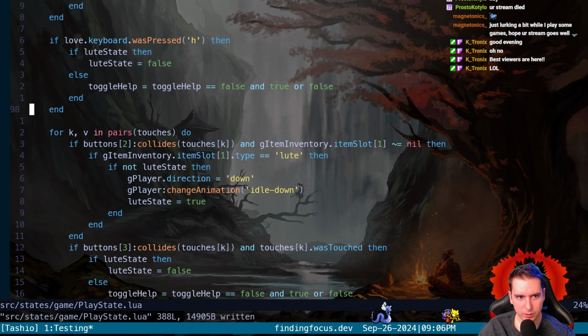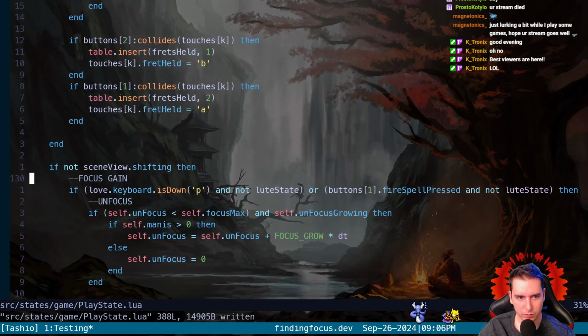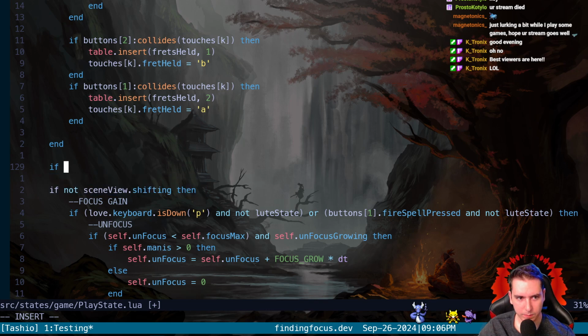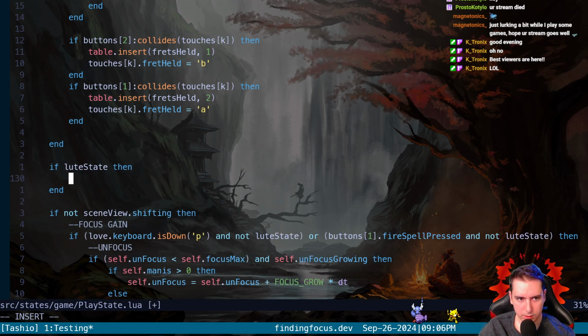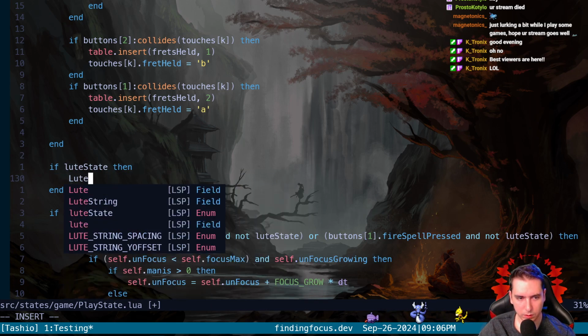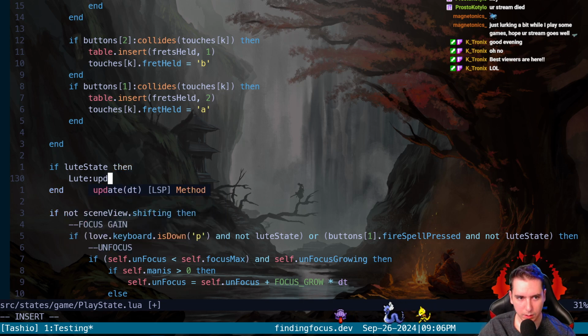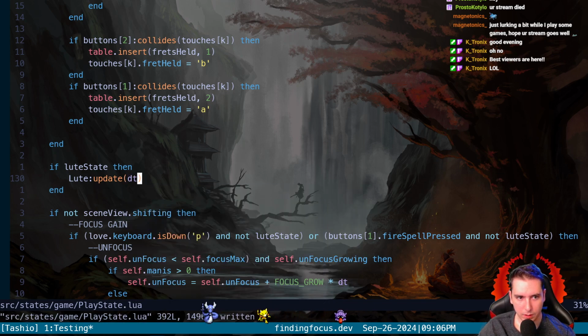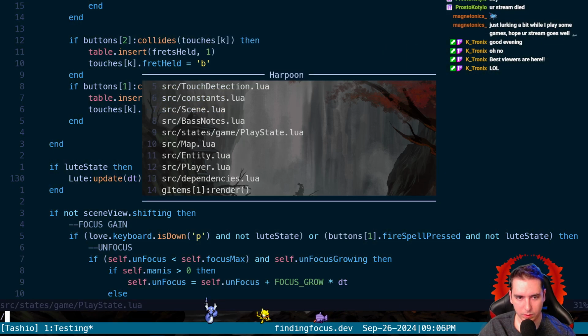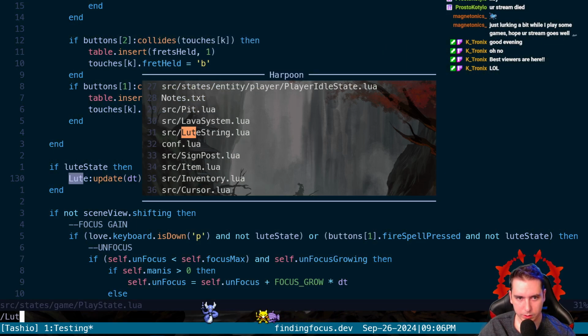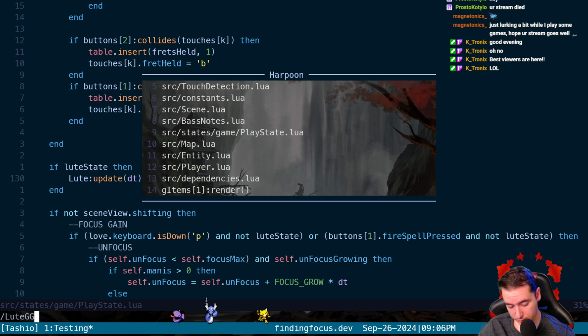So what I'm gonna do is put our Lute update back and say if Lute state, we're gonna take our Lute class and update it with delta time, and then we have to fix our Lute class from crashing here.